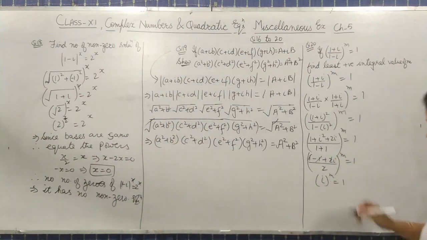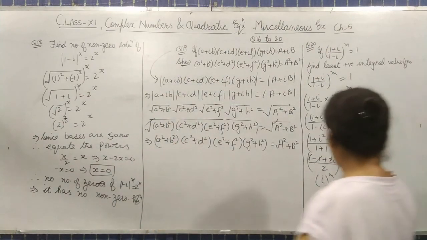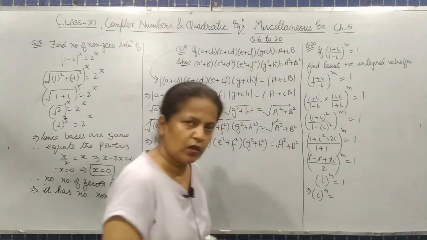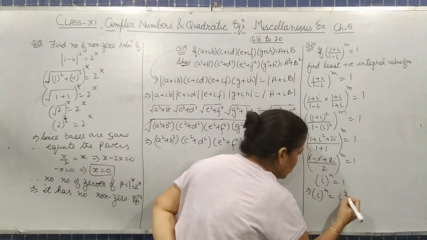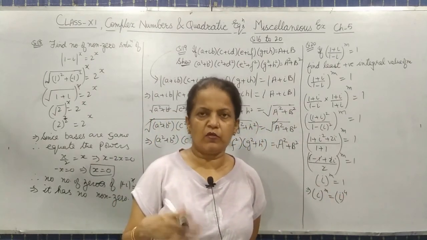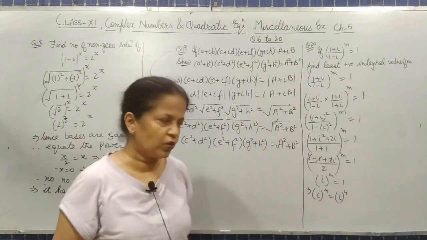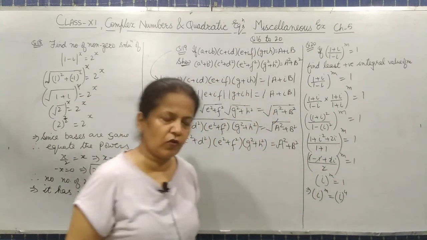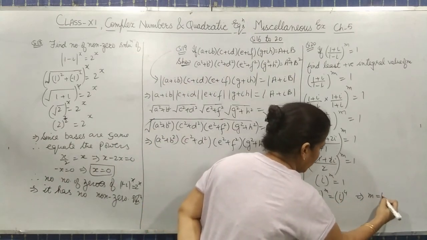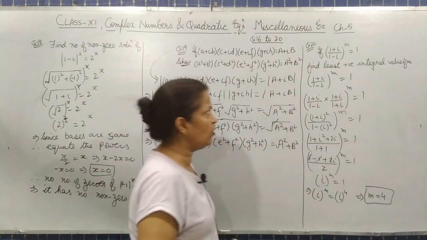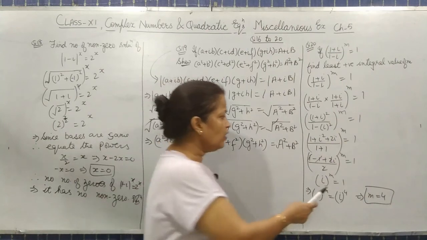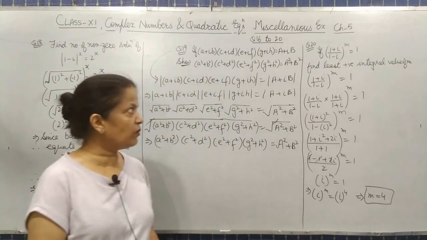Let's go for the question here. This 1, we can write it as I power 4 also. ऐसे लिख सकते हैं because I square is minus 1. So minus 1 into minus 1 is plus. So instead of 1, we can write it I power 4. Now the bases are same. Therefore, equal the power. So what is the least positive value of m, integral value of m, that is in the integer form, is 4. So this is the least value of m.